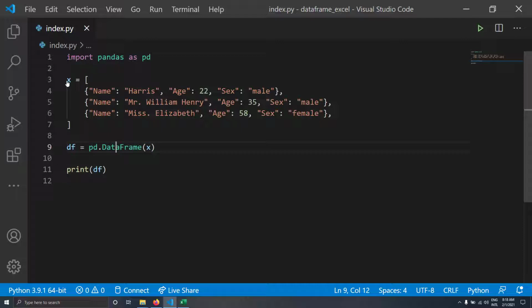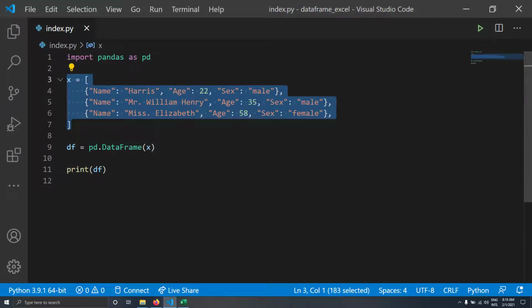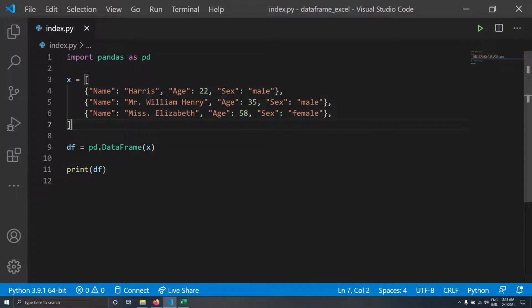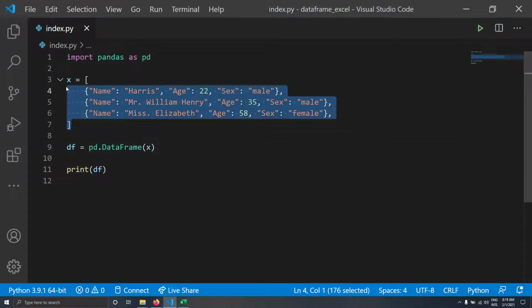And if you want to know how to initialize a data frame from a list of objects, I have created a video before this video, so you can refer to that video if you want to know how it is done. But for now, I'm just initializing the data frame using a list of objects, and each attribute of this object will be the column header of the created data frame.